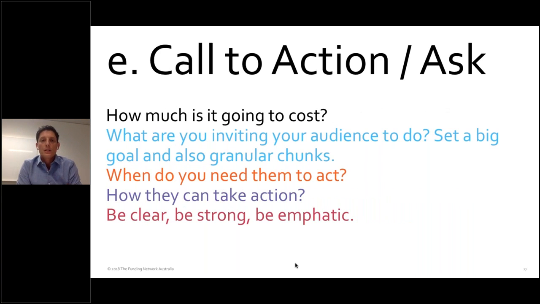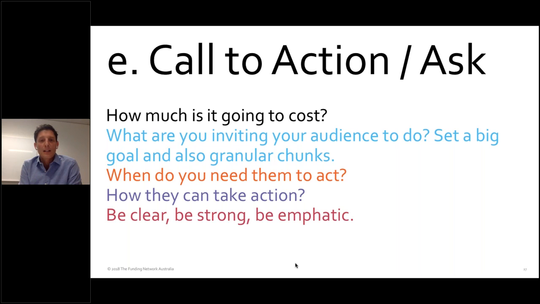And then finally, pretty obviously, is the call to action or the ask. At our events, people have 6 minutes to pitch on stage, and we always say that you need to leave at least the last minute for your ask, your call to action. And that's true for any conversation, really. You need to leave enough time to table what it is that you want the person you're talking to do. As you would all be familiar with, this is probably the part that most people are most uncomfortable with when it comes to pitching, actually asking for the money, or for whatever it is you're hoping the audience will contribute.